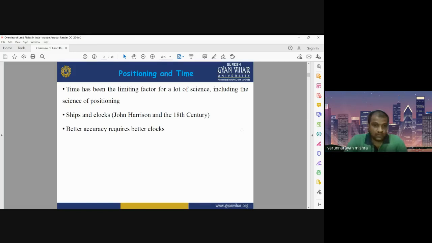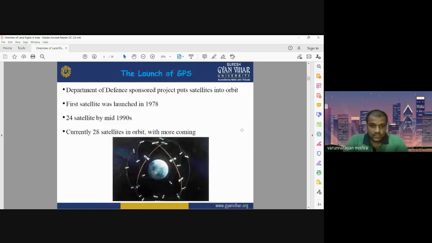the destination. But for getting better accuracy and precise information about time, we need better clocks. So GPS generally uses atomic clocks. Atomic clocks have better accuracy and precision in comparison to the normal clocks we use in our daily life. So GPS is about positioning and time. It provides information about the position of any object as well as the time.